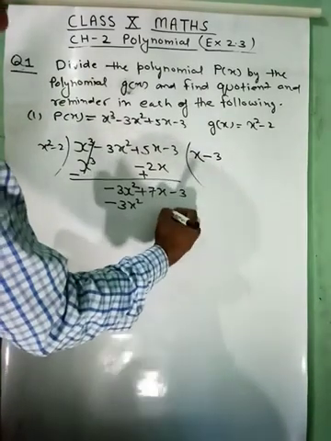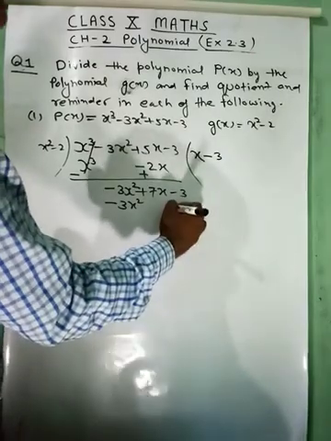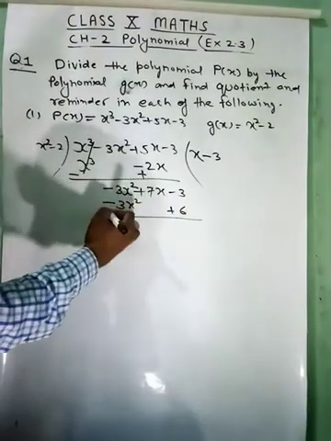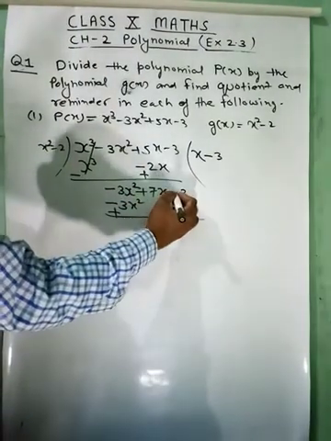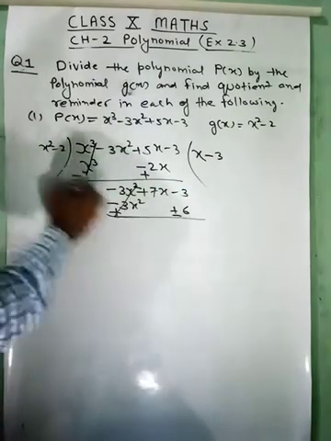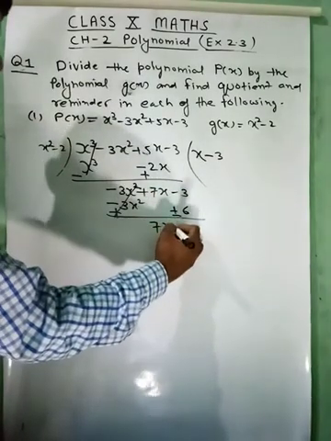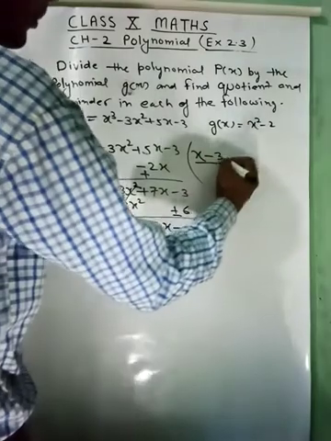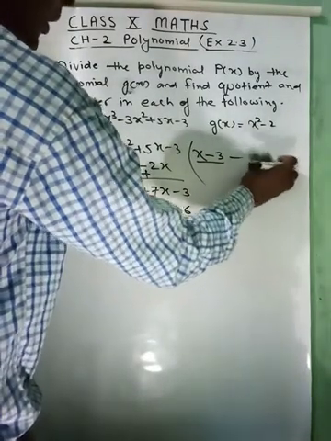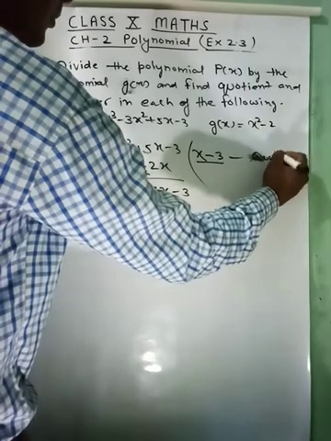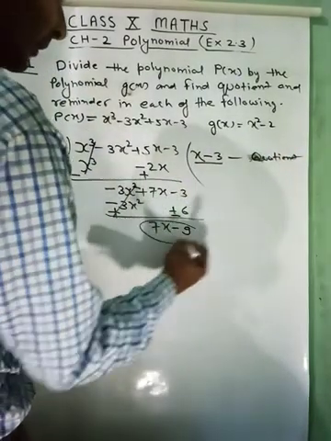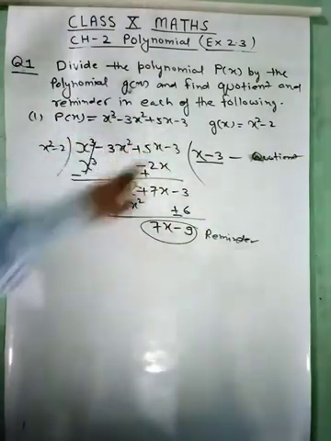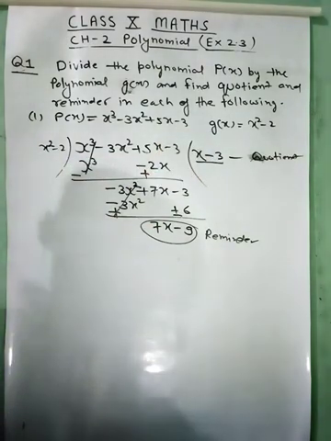So at the constant term we will write here 6. It is a negative sign, the sign will be changed to positive, negative and positive sign will be changed. This will be cancelled. It is 7x minus 9. Clear? So our remainder is, it is quotient and it is remainder. Clear? Similarly you have to divide and write your quotient and remainder. Second question we see.